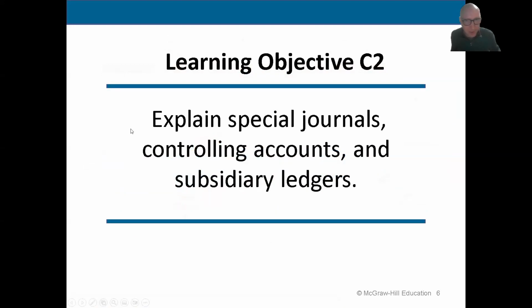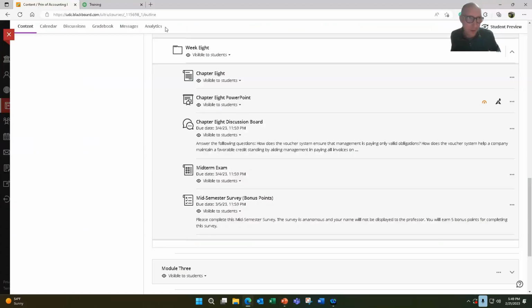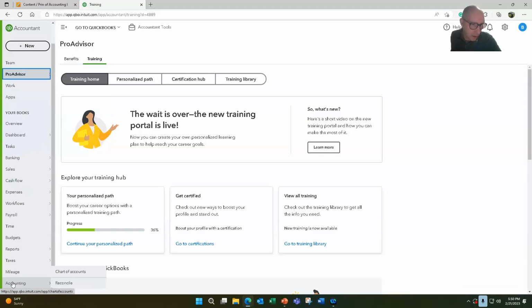This is probably a good place to pause, and I want to show you a live system. So this is QuickBooks. This is the accountant version of QuickBooks. Because I'm an accountant, I have clients, and I take care of their books. And as an accountant, I have access to all of their sales data. So I can see my transactions for my company,